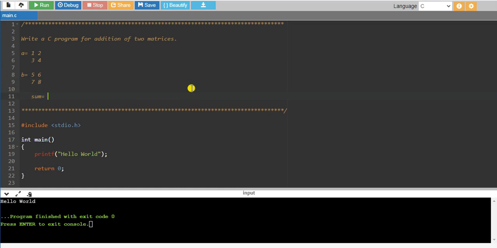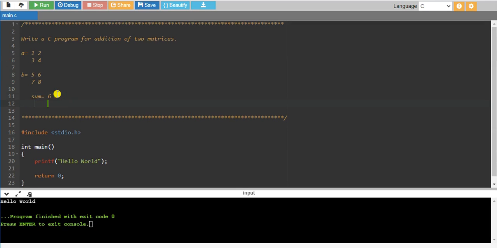After adding A plus B, we will be getting, let me do it here: the first row first element of A and the first row first element of B we have to add, that is 1 plus 5 is 6. Then first row second element, so 2 plus 6 is 8.